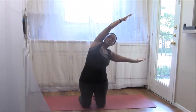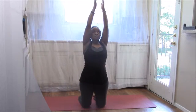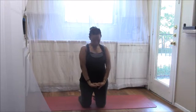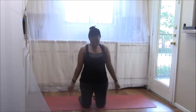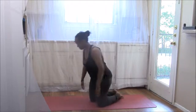As we inhale, come back up, and as you exhale, palms will touch, hands to the heart. Clasp your fingers and push your palms back down towards the floor, just warming up our arms and our body. Inhale, sweep your hands out and up. Palms will touch above your head. Exhale, release your hands beside your hips, and we will go ahead and transition onto our hands and knees,